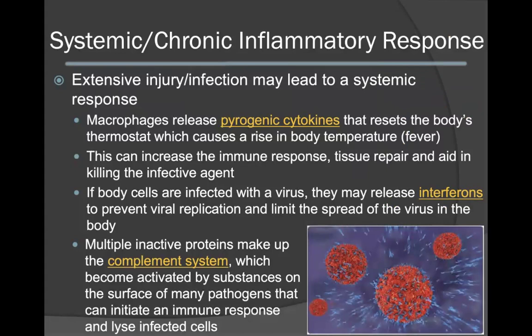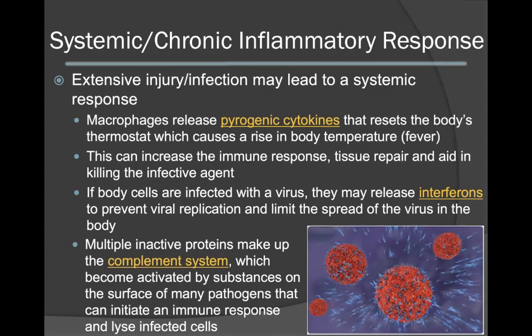We're now going to take a look at what occurs in systemic or a chronic inflammatory response. If there is extensive injury in a particular area or extensive infection, this may lead to a more systemic-based response as opposed to a local response. In this instance, macrophages will release pyrogenic cytokines. This will help to reset the body's thermostat, which causes an overall rise in body temperature, which is also considered to be a fever. This can serve to increase the immune response, rate of tissue repair, and also aid in